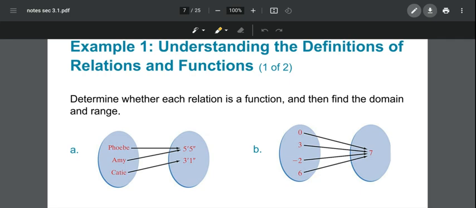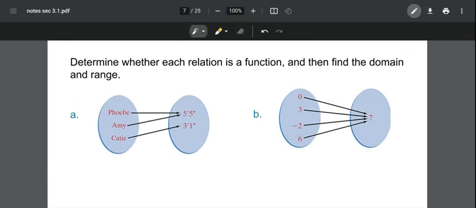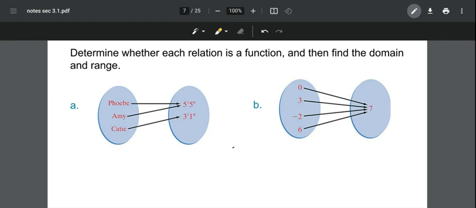Okay, so let's start working with this example. In part A, we have to see if we have a function. The first set represents the domain, and the second set represents the range, which is the outputs. We have Phoebe, whose height is 5'5", Amy, whose height is also 5'5", and Kathy, whose height is 3'1". So the question is, does this relation represent a function? Definitely this relation is a function, because each element from the domain has assigned only one element from the range. So this is a function